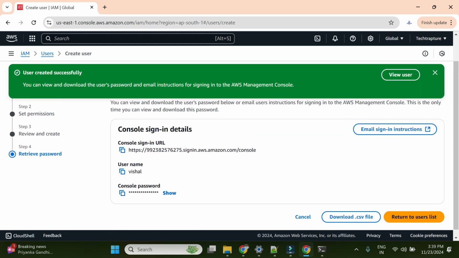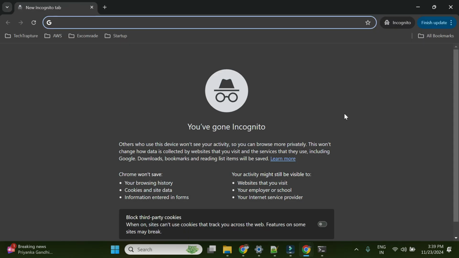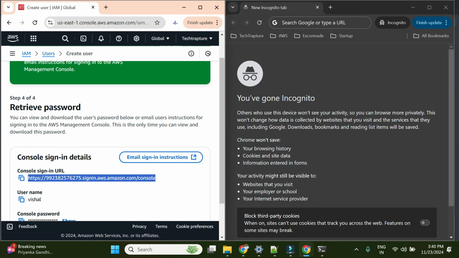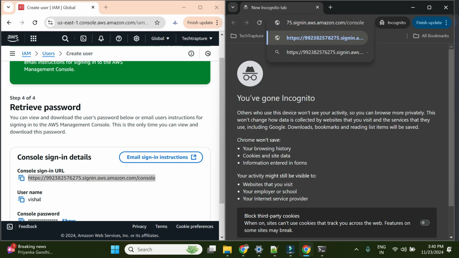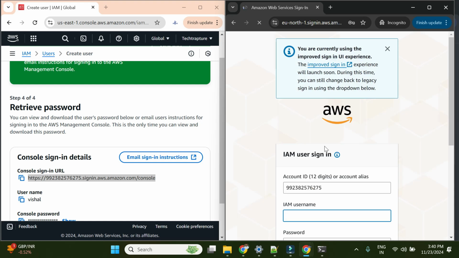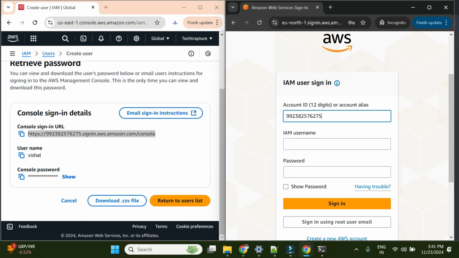Now my user is created and that can log in using these details. What I will do now, I'll open an incognito window, and I'll try to keep these side by side. Now you can see I have the new incognito window on the right side and my root user already logged in on the left side. So I'll copy this URL, go here and paste. I'll log in with my newly created user now. Account ID, I already took from this URL. Now username,